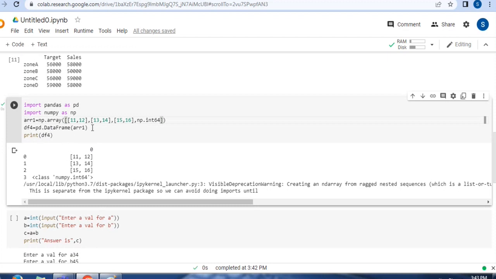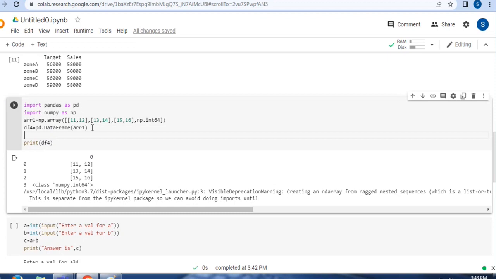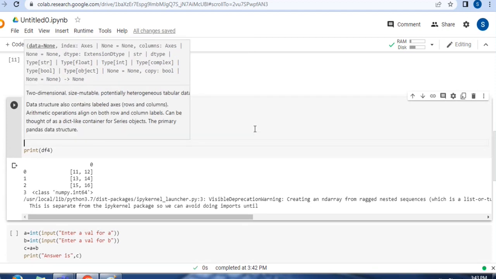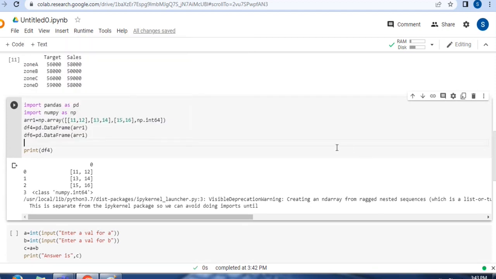Like if I'm having df4, I can make one more data frame, df6 is equal to pd.DataFrame, and I can do this much also. This is again possible. Let me tell you all the possibilities. I have given an array over here, but I just want to apply some more operations. So I'm having two data frames actually, df4 and df6, and I'm writing here df7 is equal to